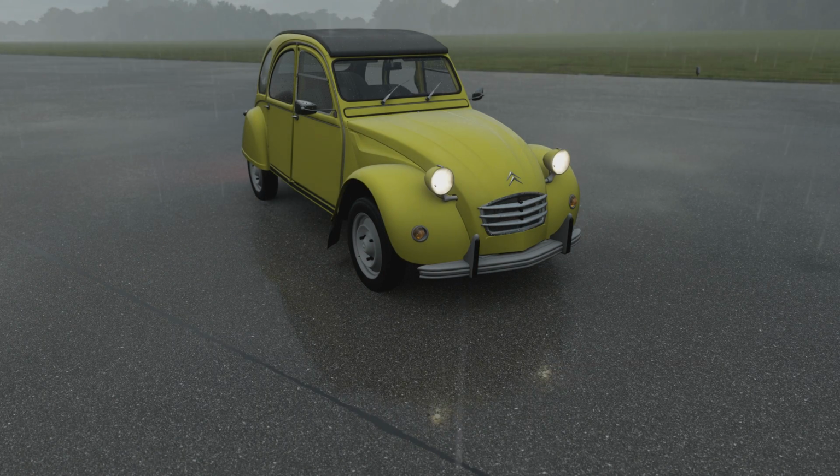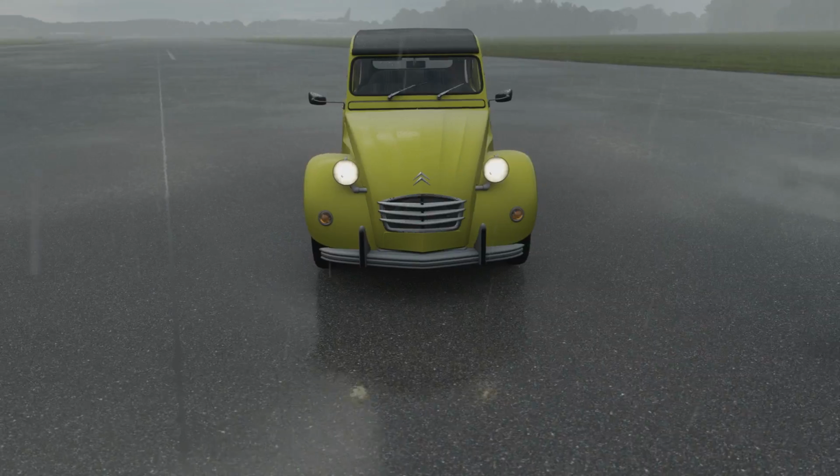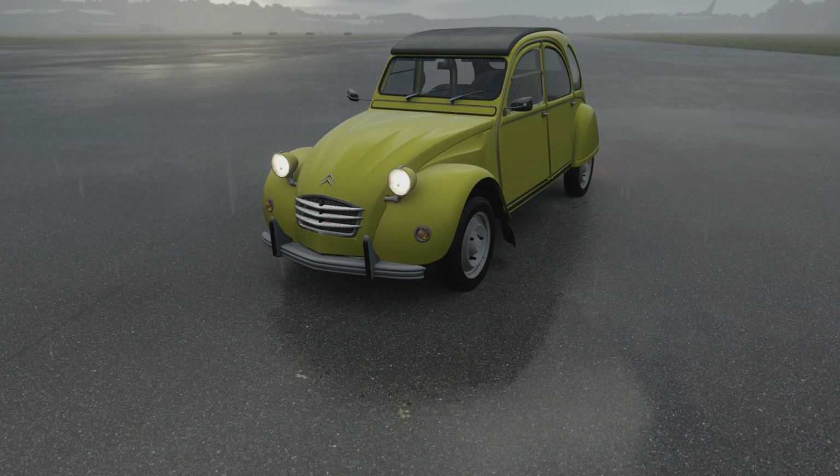So yeah. This is obviously a car that was designed to be cheap. Only had 33 horsepower originally, so we're dealing with more than 20 times the power. And yeah, it's a car that you can date back to the mid-30s. So yeah, I imagine this car's going to struggle, but it will be interesting to see what it can do